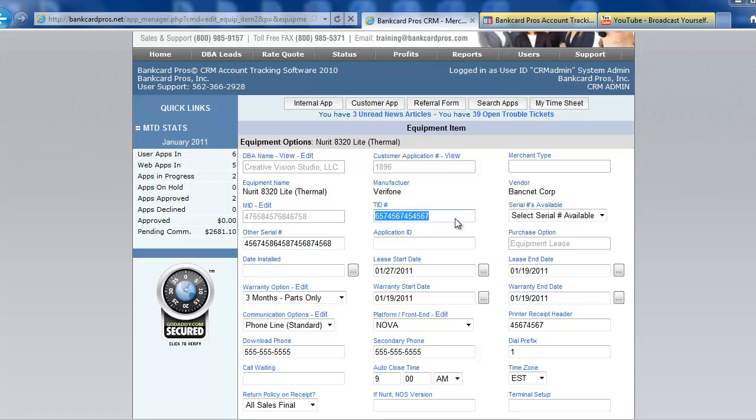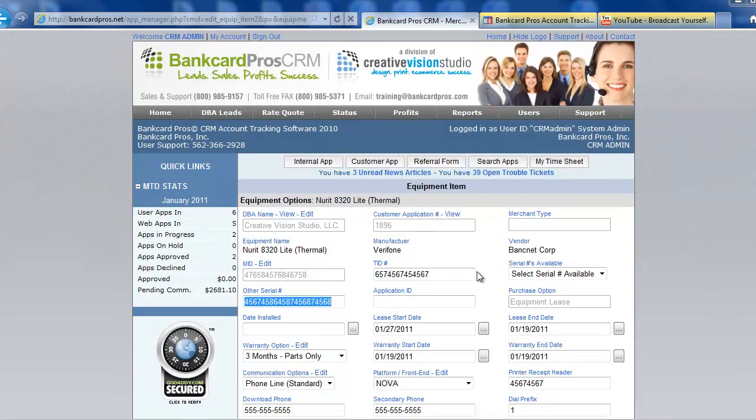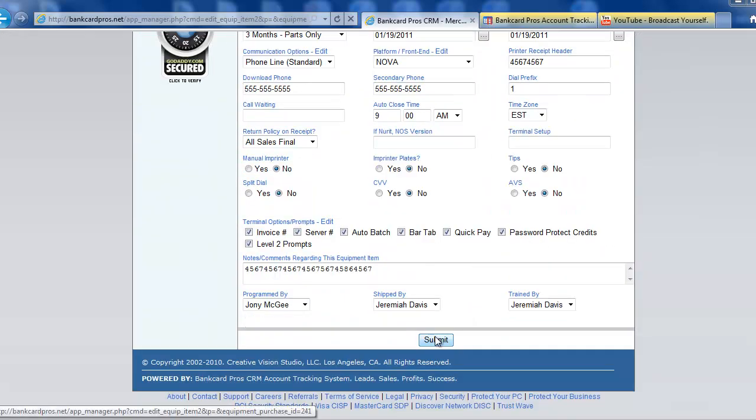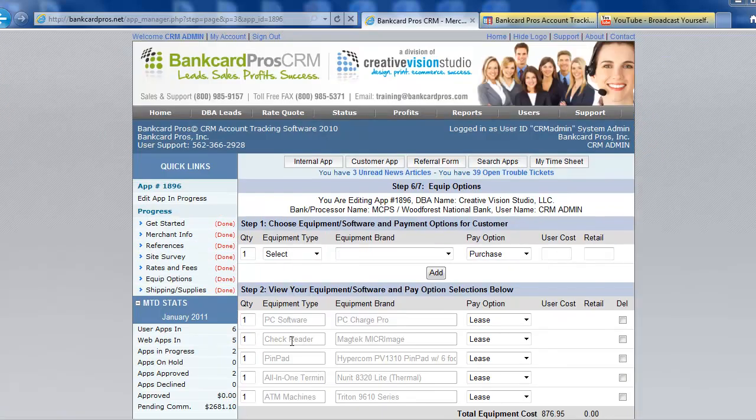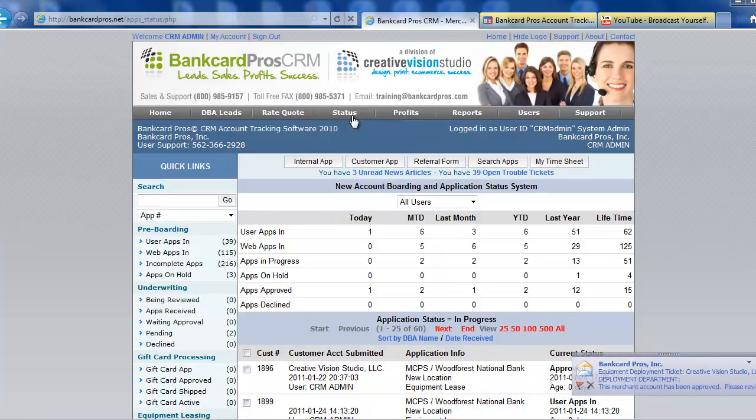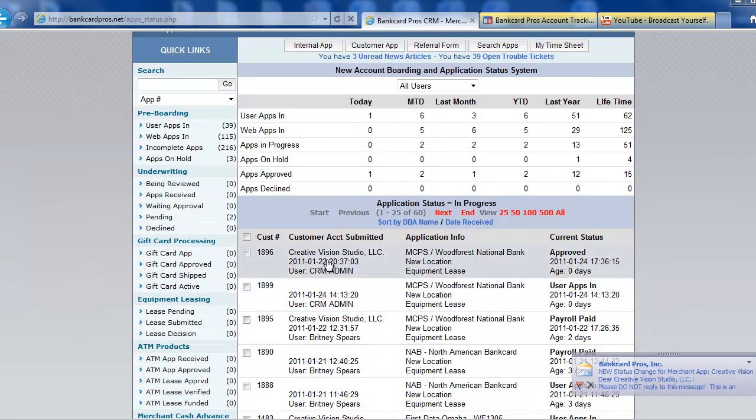and also you're going to be able to see not the merchant ID number on here because they'll be on the home page. Actually, it's right here. The merchant ID number, the terminal ID number, and the serial number for each piece of equipment. So when you scroll down and just submit, it'll take you back to the app page that shows you all the details. But if we go back to the status page and click on this account,